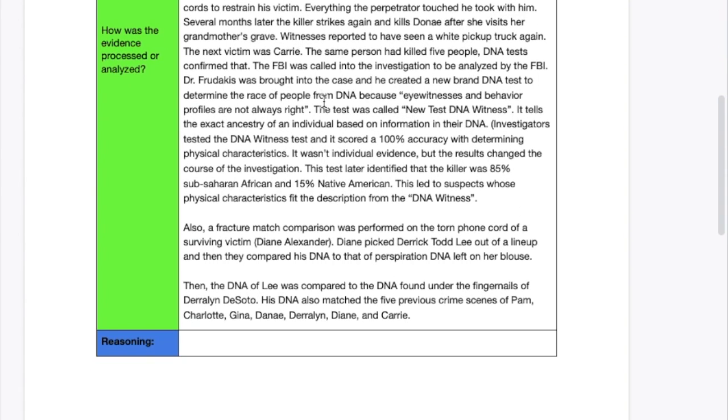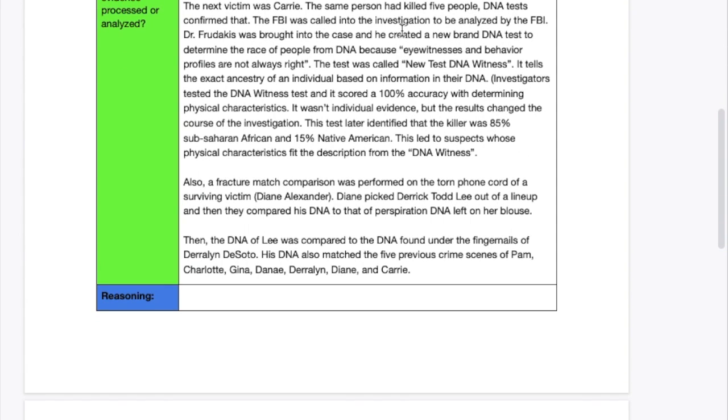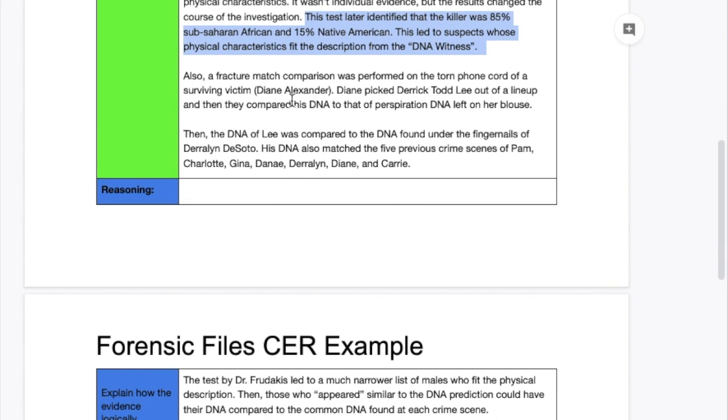There's some extra information somewhere along here, but then we get into the witness test, the new test, DNA witness. And this led to concluding the person's race, and they also did another test in between to see. They gave him some random people's DNA to test, and they noticed he was accurate when it came to the physical appearance of those people. And so then that narrowed their search until they finally found the surviving victim,